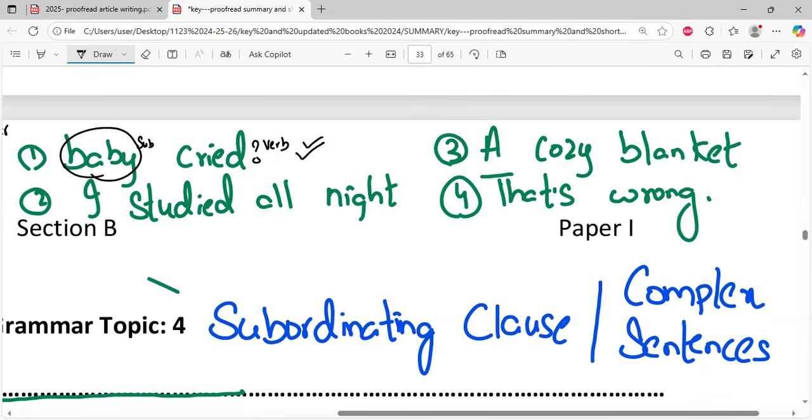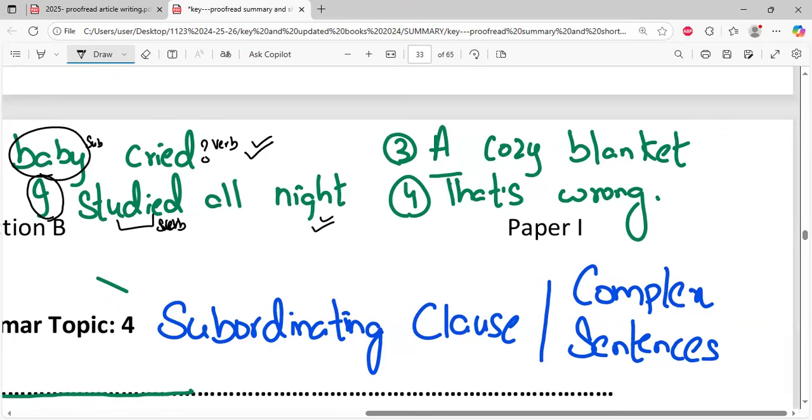So can we say that the first one is a clause? Yes, we may. And then if we say, I studied all night. So who is doing this? Who is the agent? Who is the doer? It's you, I. And what action did I do? This is the verb. The action I do is the verb. So I studied all night again becomes a clause.